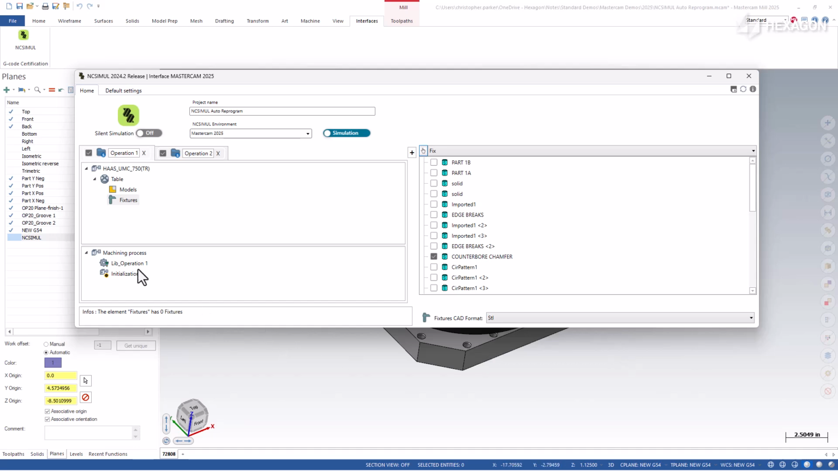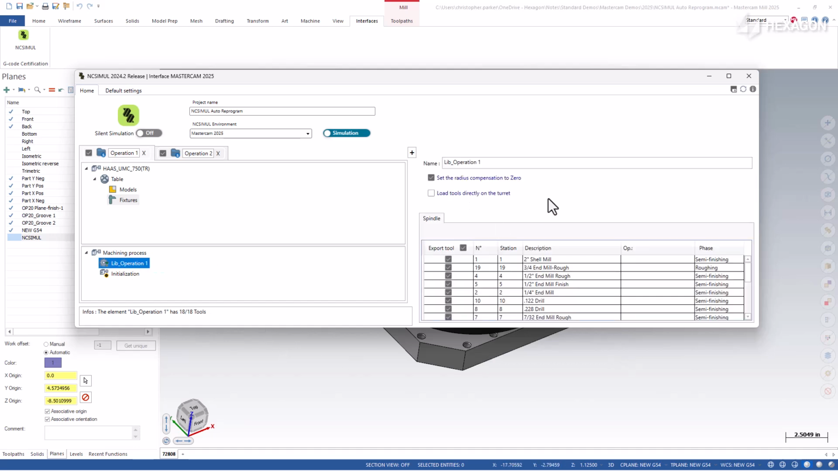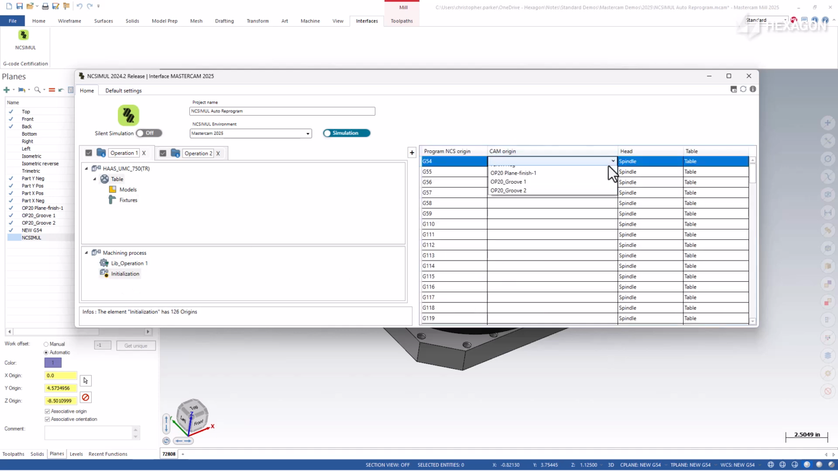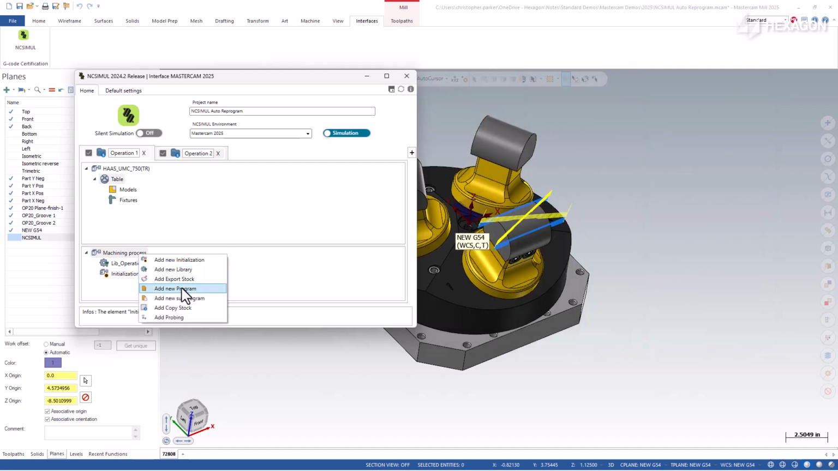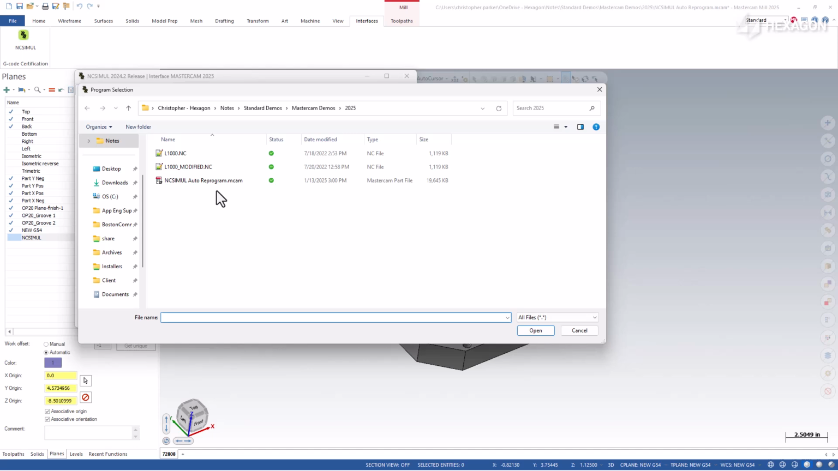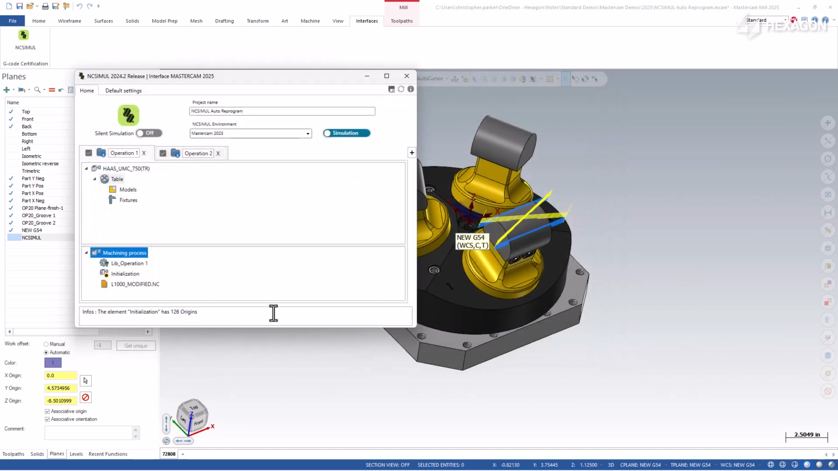The first feature that will show up there automatically is the tool library. Check or uncheck any tools to export to NC Simul from the current operation. Next, add an initialization so that NC Simul can locate the program file in the proper starting location on the part. And lastly, add the Mastercam post-process program, the same exact one that will run on the real machine after